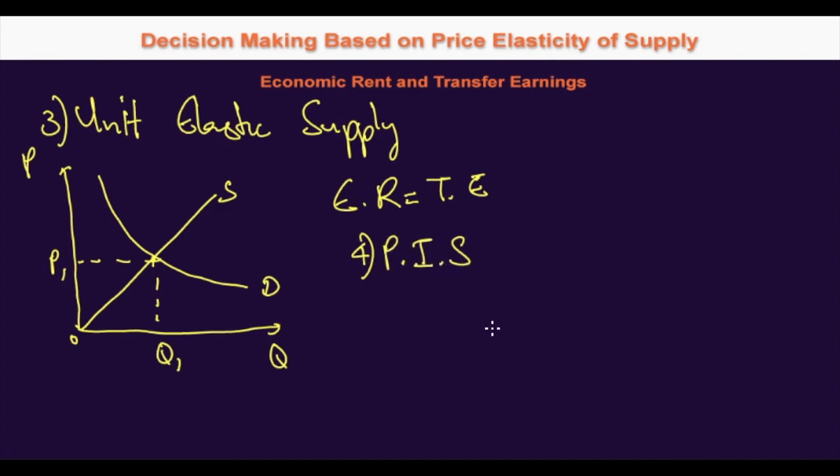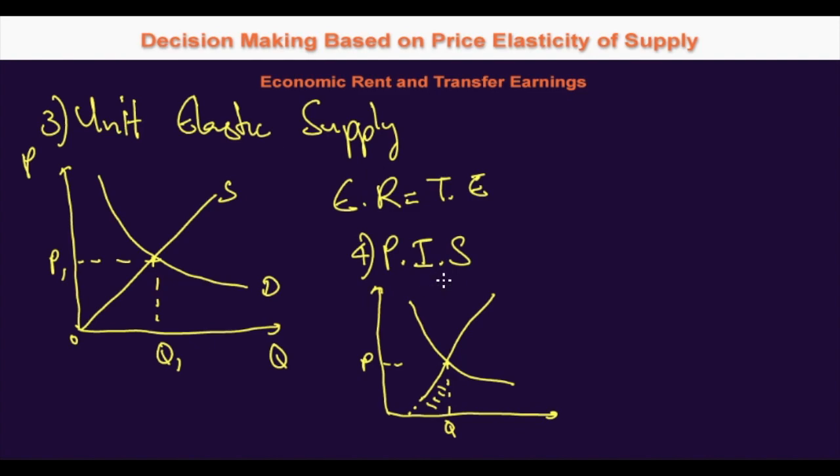For perfectly inelastic supply, if you draw the supply curve, still an upward sloping, this would be P, Q. As you can see from the diagram, the economic rent would be more than the transfer earnings for perfectly inelastic